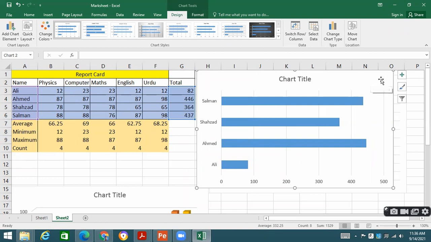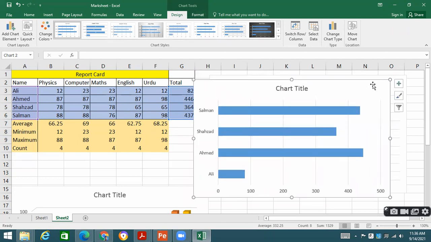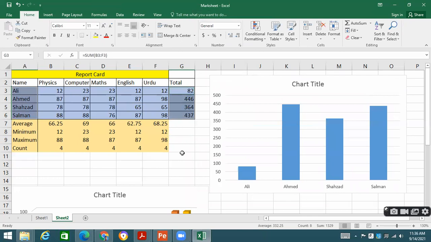So this is basically a stacked bar that we have created, depending on our requirement.